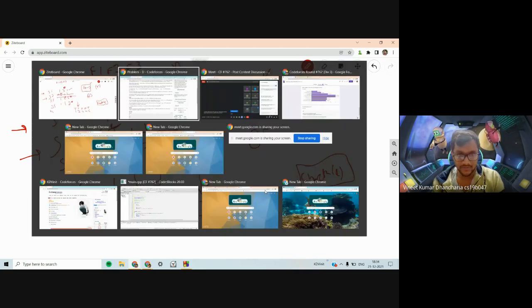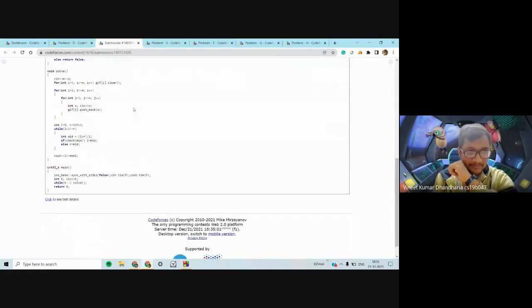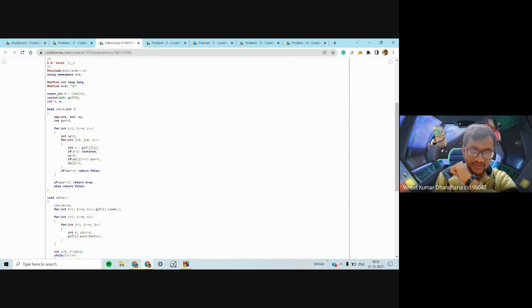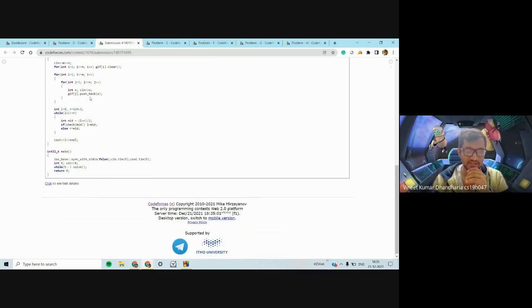So maybe just go to the code. Okay, so let's see the binary search part first. I have defined a global vector gift so as to store the matrix. Basically, I have defined a 2D array gift, where gift of i, j is the happiness the ith person gets from the jth shop. I cleared all the vectors from 1 to n. Let's not go into the implementation that much.